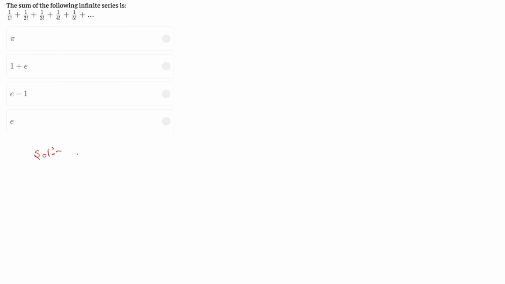So what is the series form of e to the power x? e to the power x is 1 plus x by 1 factorial plus x square by 2 factorial plus x cube divided by 3 factorial, and so on, going to infinity. So when we put x equal to 1,